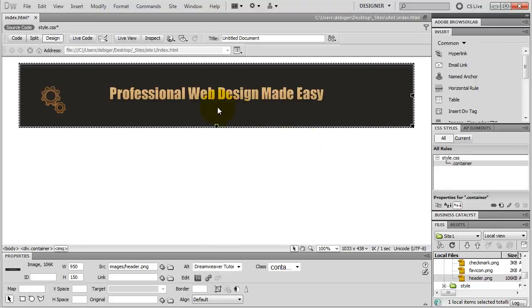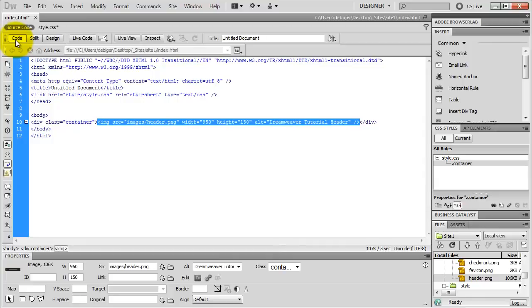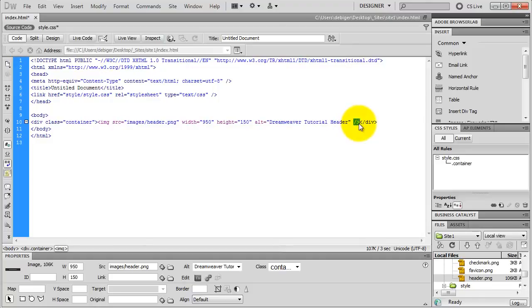And now my header image is right there inside of my container div tag. Let's take a look at the code. There's my div start tag, my image start tag, the source of the image, the size, the alternate text that I just typed in, and there is my image close tag because it's a self-closing tag,